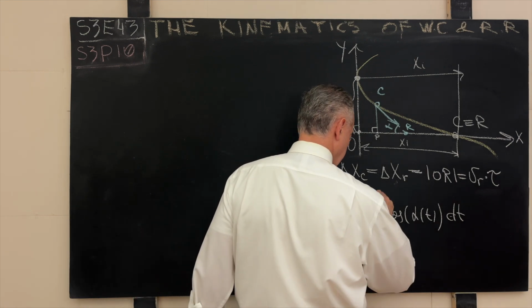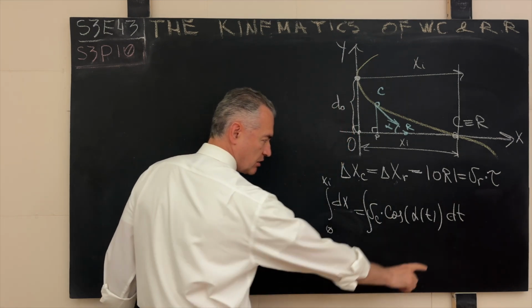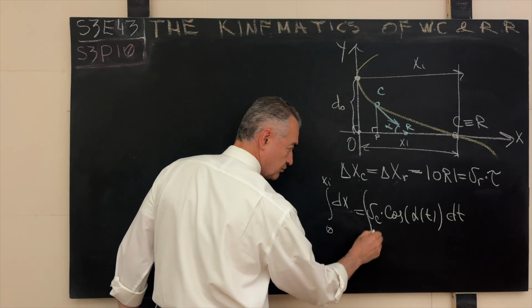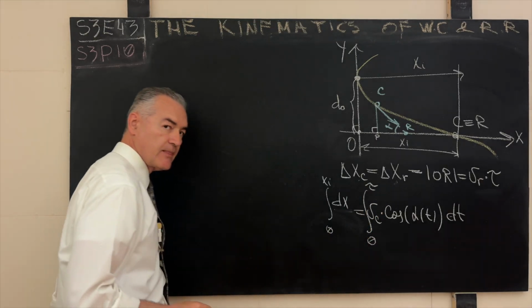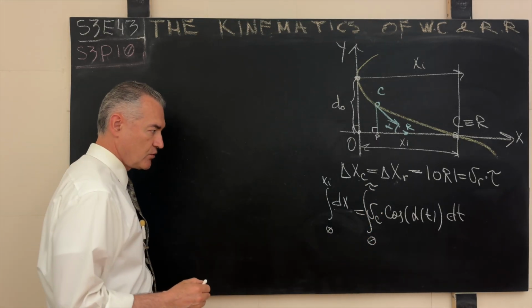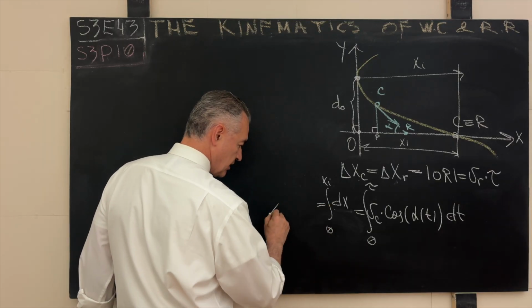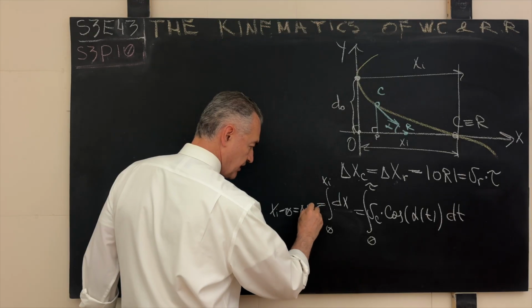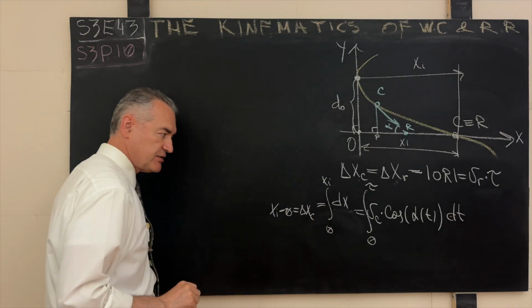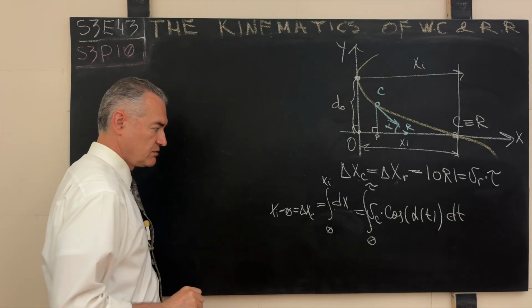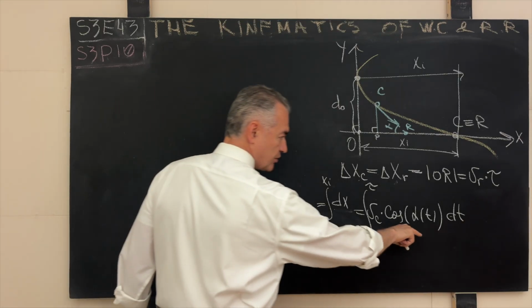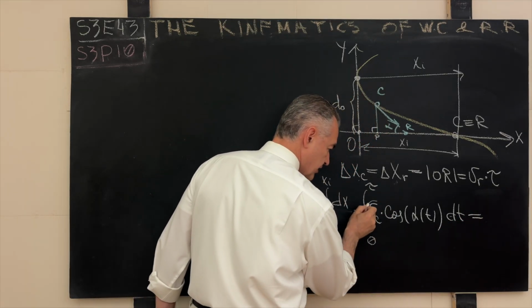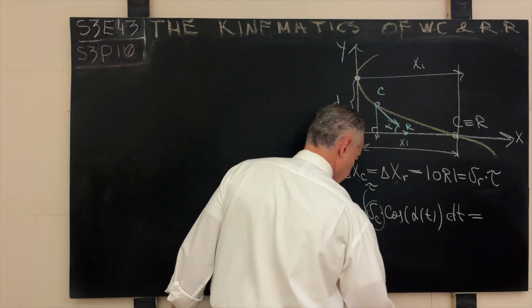This is our xi, and here we integrate over time from 0 to the intercept time. Make sense? That is very straightforward. Now this will be xi minus 0, by definition our delta x, the horizontal displacement of the chaser, delta xc. And what is this? Remember that this portion is constant, so we can rewrite this as follows.